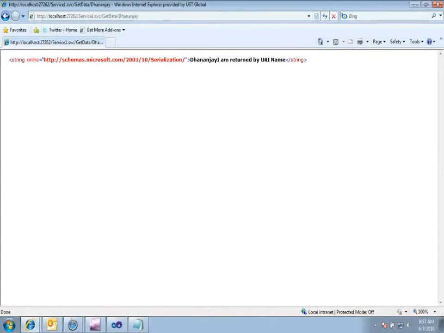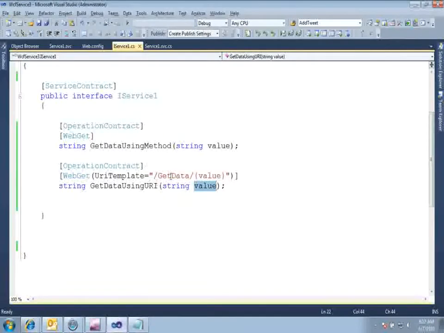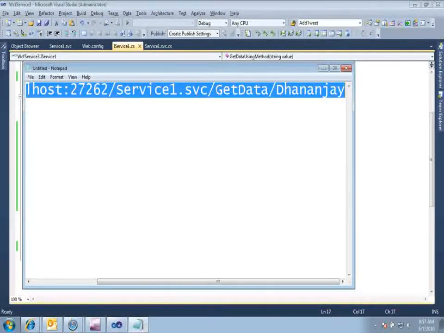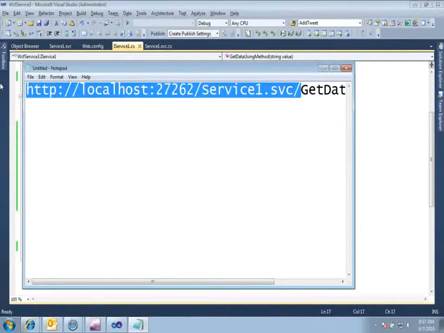Here we are using this method to call GetData slash Dhananjay, and here the GetData slash value, for which we constructed the URI. But the other method, GetDataUsingMethod, we have not constructed the URI for, so we will be accessing this using the method name itself. So for that, what we need to do is, this is our base address, right?